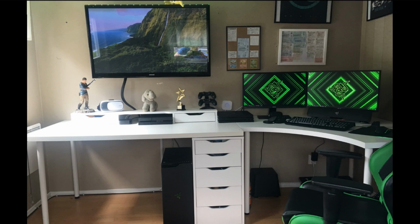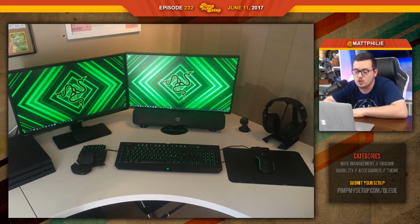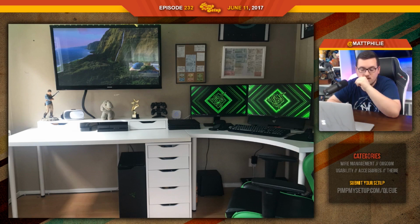I mean, he said himself, Razor fanboy. Personally, again, I'm not a huge fan of Razor, not because I think their products suck. I just hate their logo and how it's plastered on everything. And it's like, ugh, it's just all green. And I actually think green's a cool color. I know that's Tom's favorite color, but